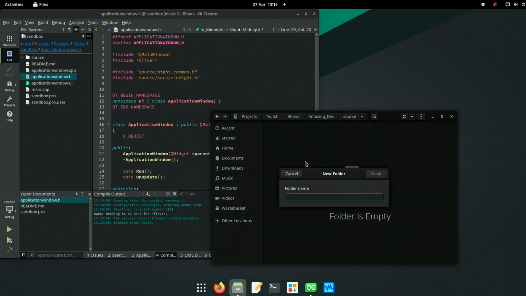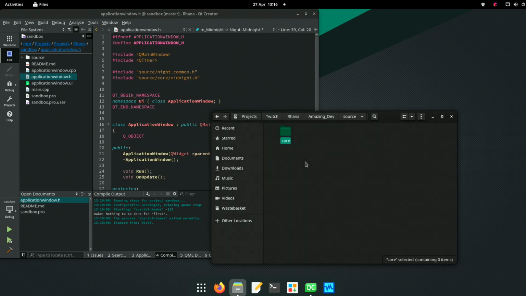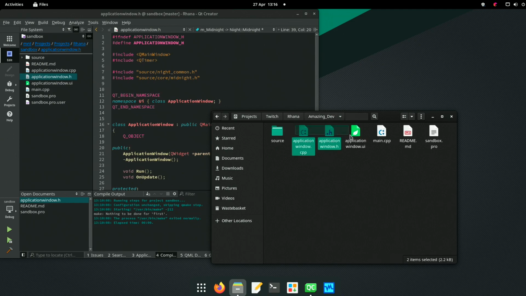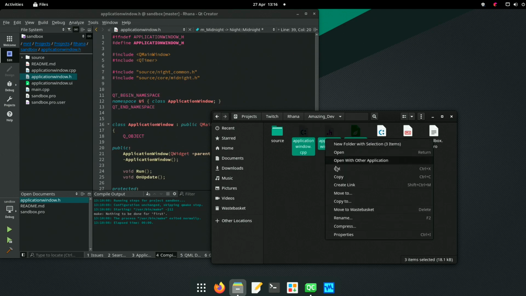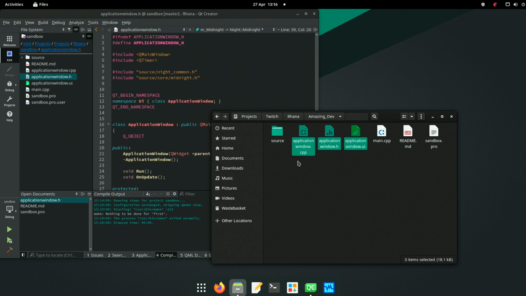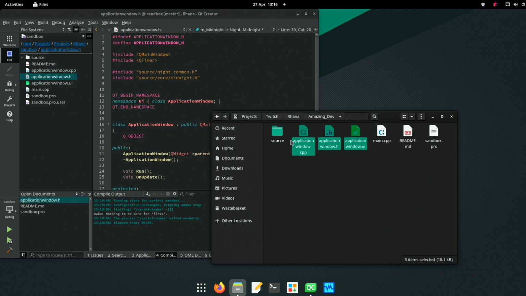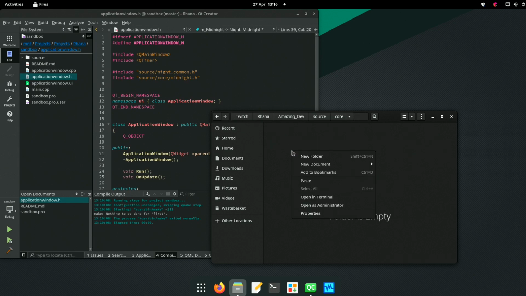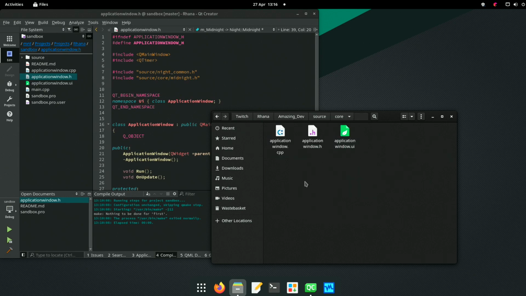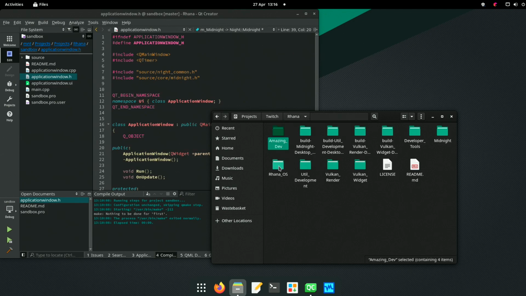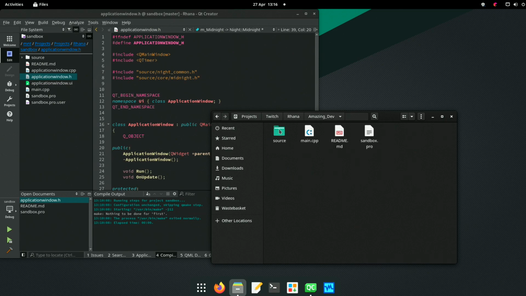New folder, core. And I want to take everything that isn't main. That's U3. Cut. Did that work? Paste. Yes, it did. Excellent.